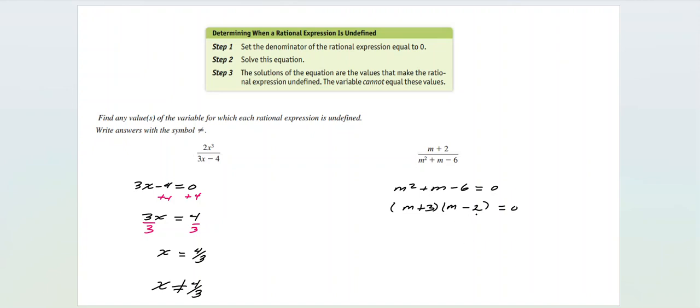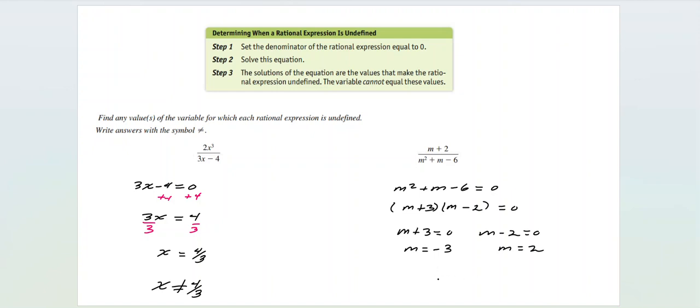Now, when you have the factors, you can double check. You can say m times m, m squared, m times minus 2, minus 2m, plus 3 times m, 3m, minus 2m plus 3m is 1m, 3 times negative 2, negative 6. Now you make each factor equal 0, so m plus 3 is equal 0, so you get that m is equal to minus 3, so subtracting 3 from both sides. Then m minus 2 is equal to 0, so adding 2 to both sides,